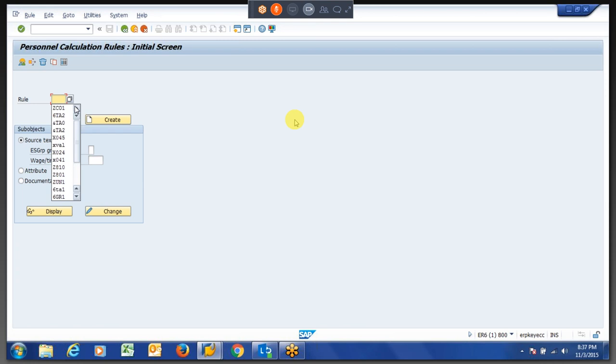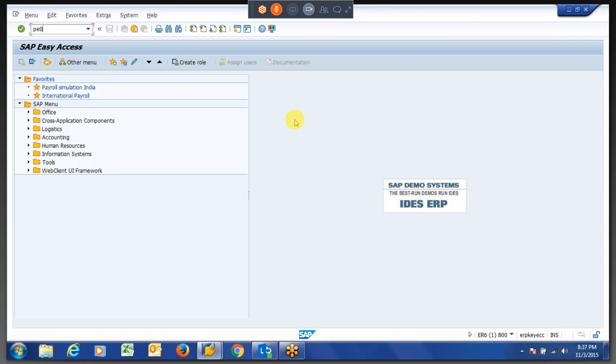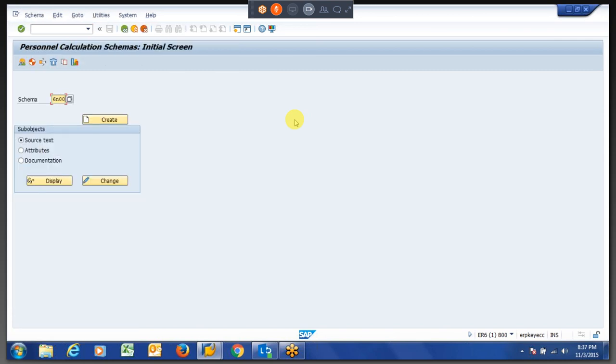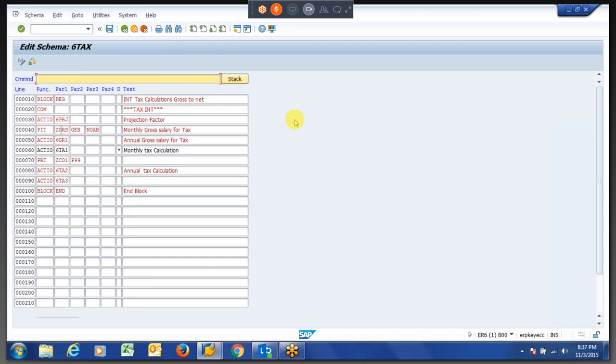So while calculating the tax, I think we have a few of the PCRs. If you go back to the schema, we can understand. This is the schema in which we inserted a few of the PCRs for projection factor and the gross.